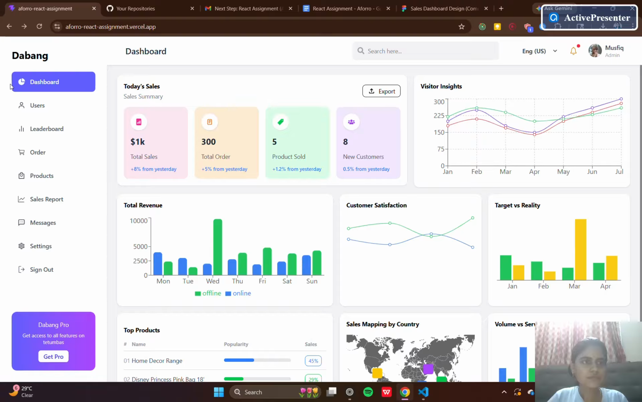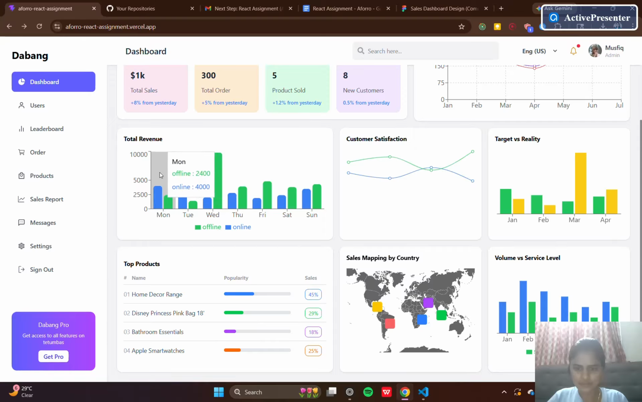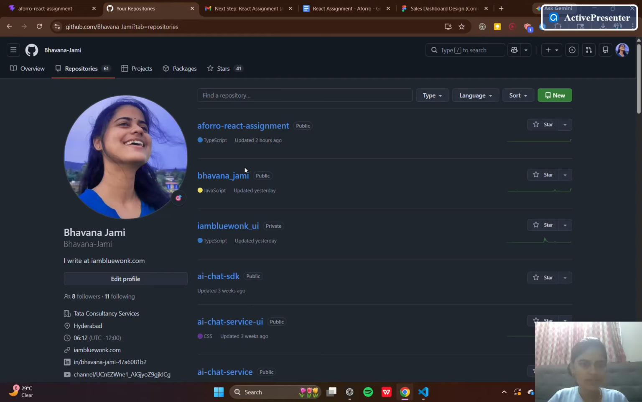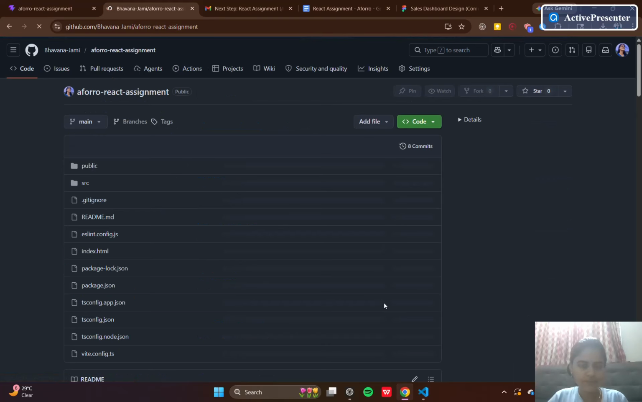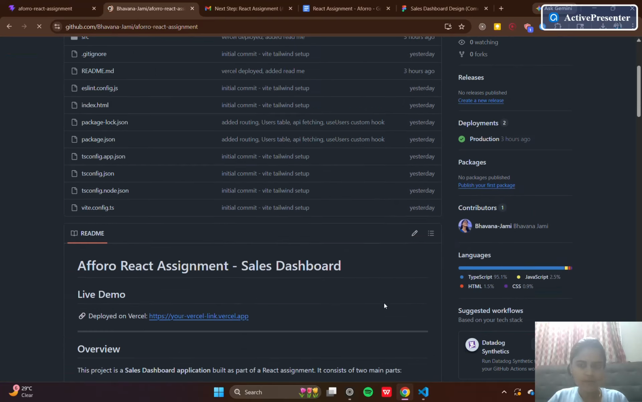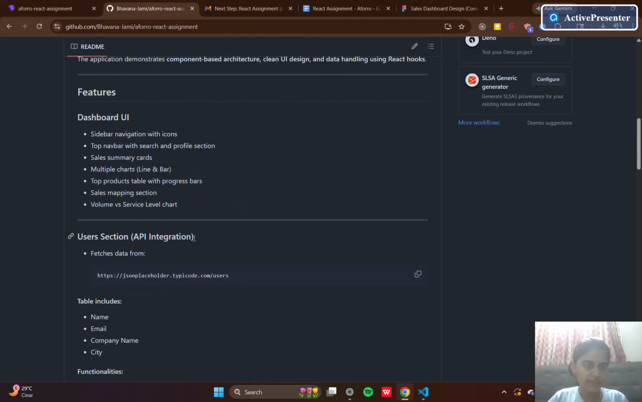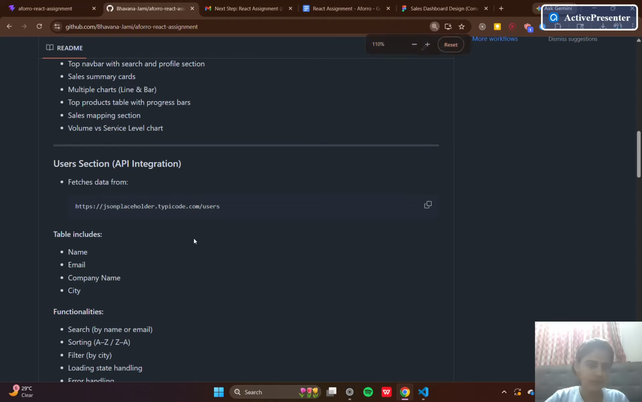So I have hosted the UI on Vercel just for the sake of sharing the UI with the team. Okay, this is where I have pushed the code. If I open it, you can see the readme documentation. So this is where I've deployed it, and just to zoom in,